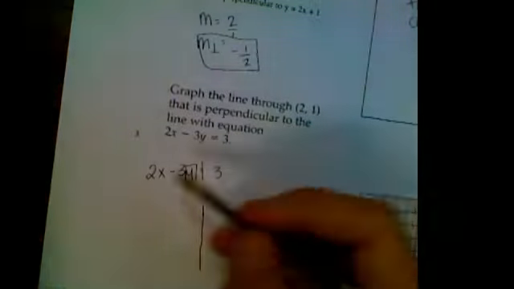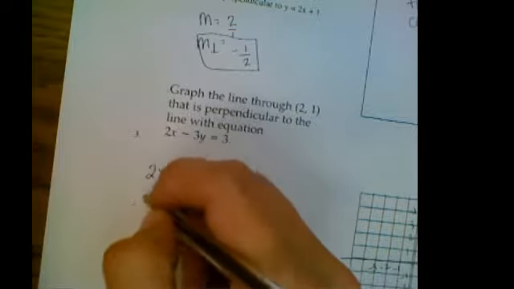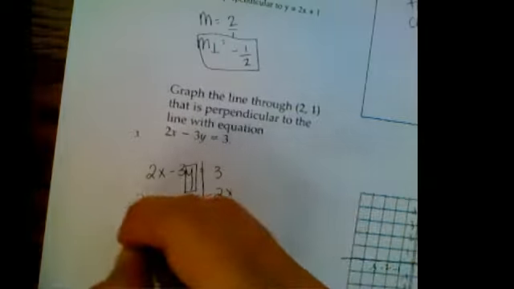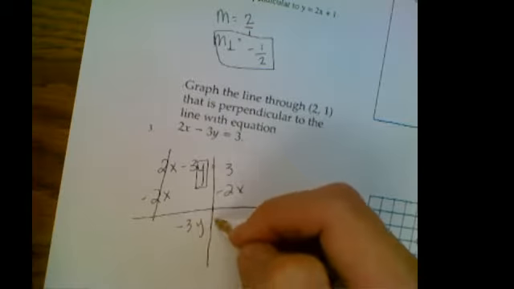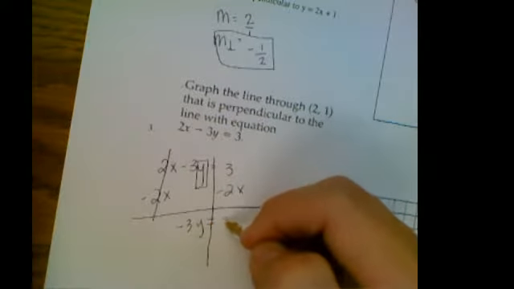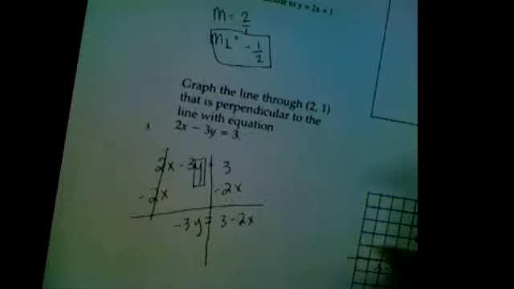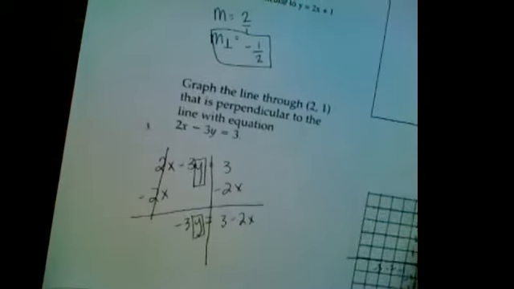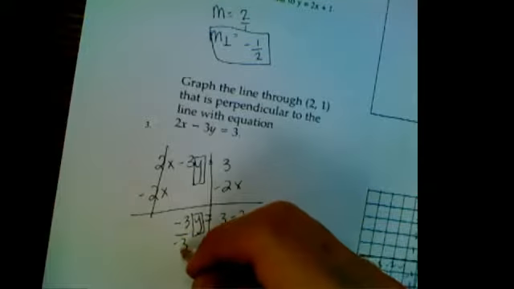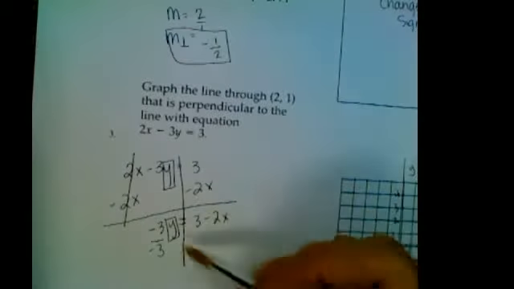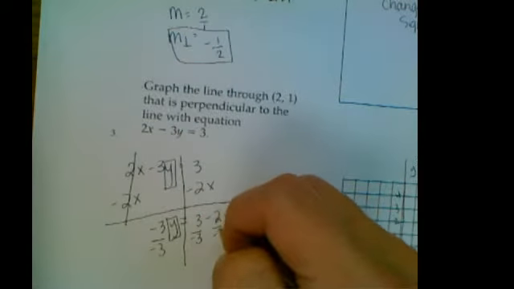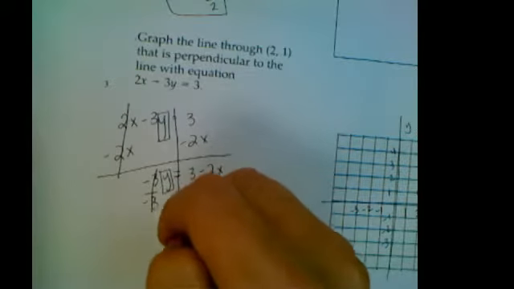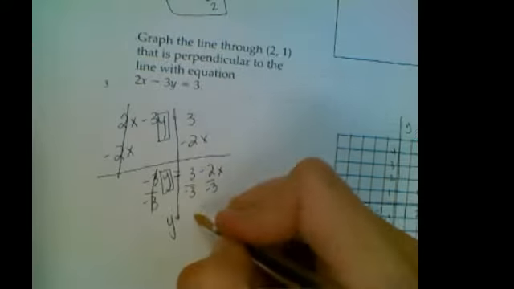So remember, when we solve for y, everything that's not y needs to go to the other side. So the very first thing I'm going to do is undo this 2x. So I'm going to subtract 2x from both sides. That cancels out. I'm going to bring everything down. So negative 3y equals 3 minus 2x. Okay? Now I still need to move this negative 3. So I'm going to divide by a negative 3. And remember, when I divide by a negative 3, everything over here has to be divided by a negative 3. So this and this need to be divided by a negative 3. So this goes away, and that leaves me with y equals negative 1